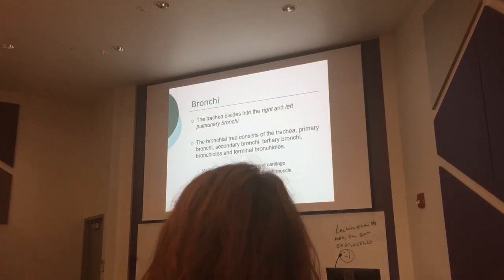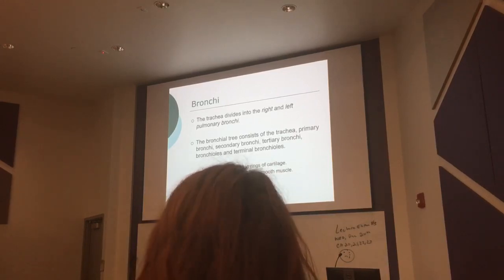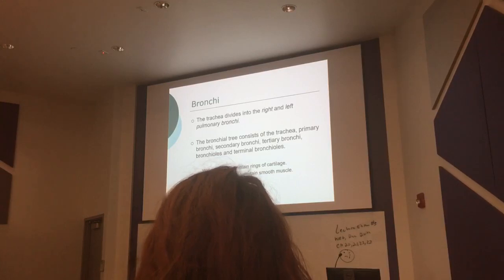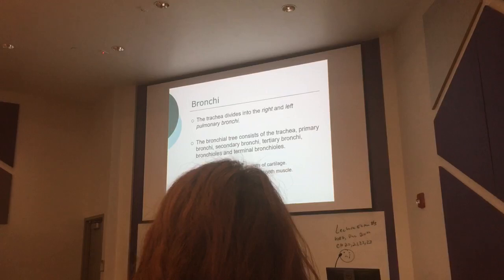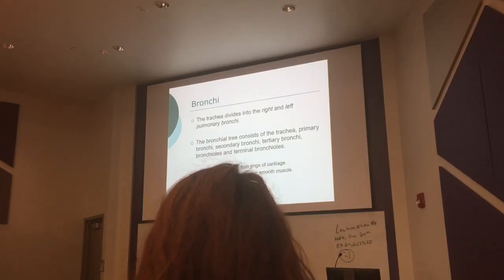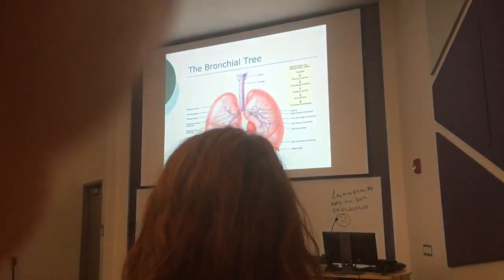Okay, so now we go right from the trachea into the bronchi. So we got primary, secondary, and tertiary bronchi. The walls of bronchi are made up of rings of cartilage, lined with epithelial tissue. The bronchioles are made up of smooth muscle. They are also lined with epithelial tissue, okay? But they're gonna dilate, get larger, and constrict as we need oxygen. So people with asthma, they have a problem with this, dilating, okay?